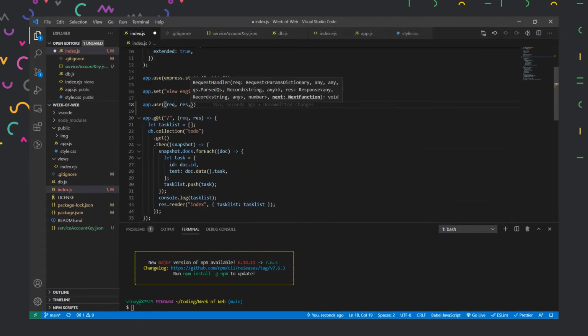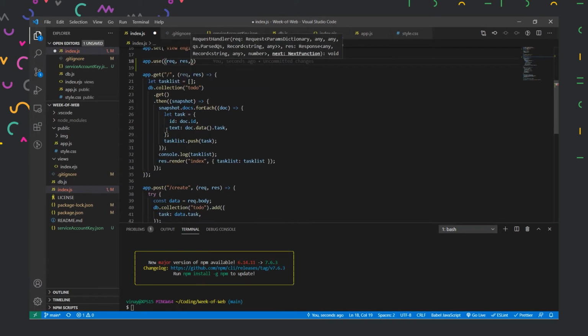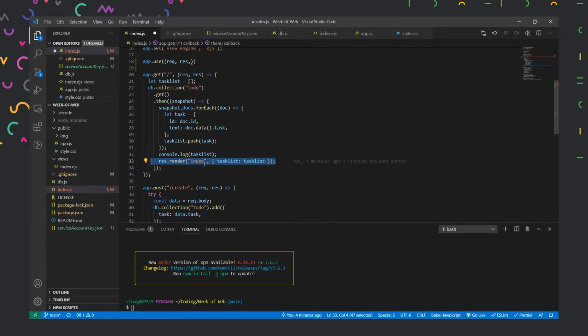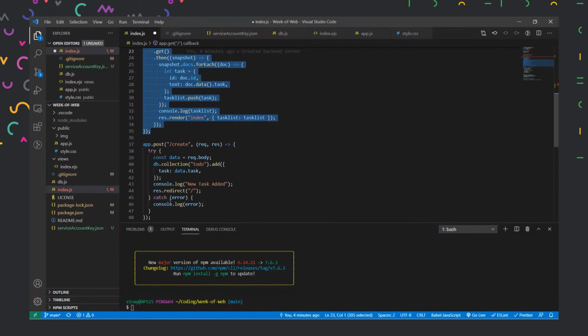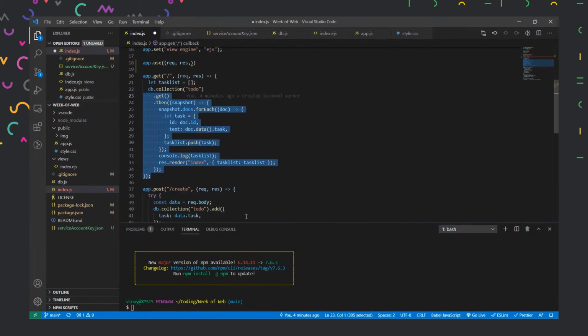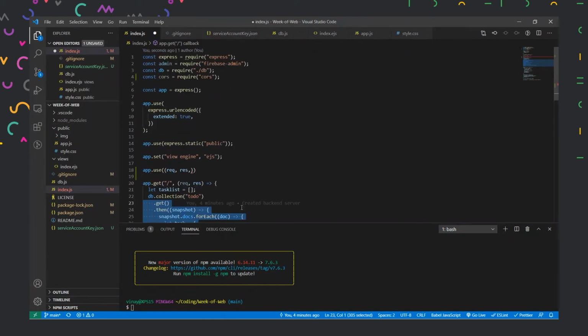right? Because what happened when I did app.get earlier was that it ran this command, and after reaching this part where it rendered the index.ejs file, it just stopped over here, right? It didn't execute the create or delete. But when we have to mention that you have to execute the next code below, then we have to give another parameter in the request-response function called next.